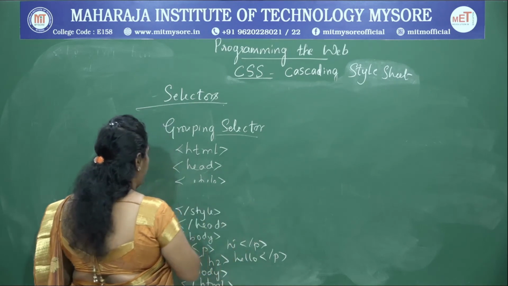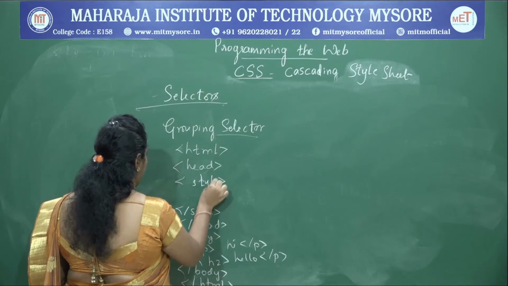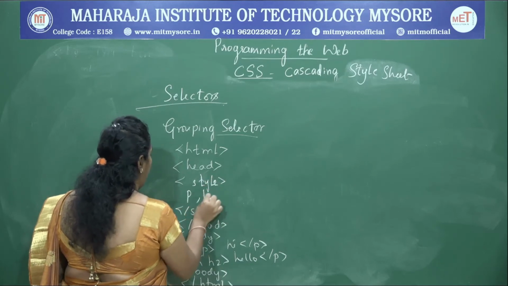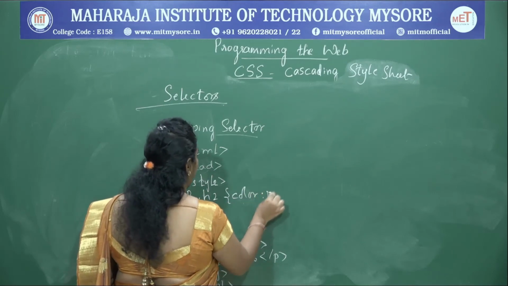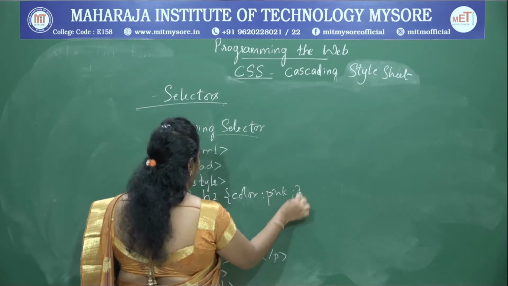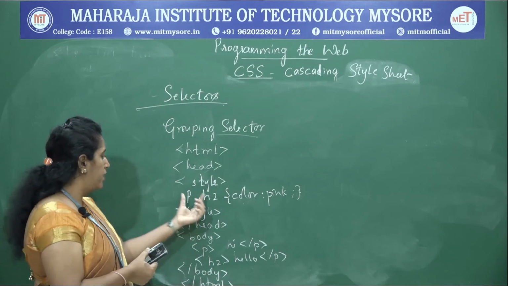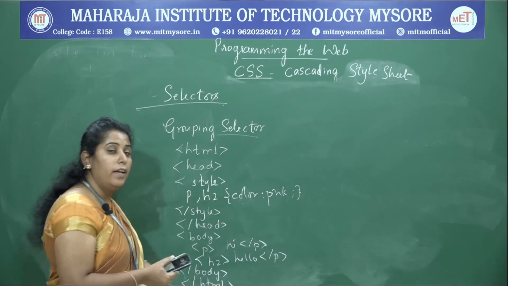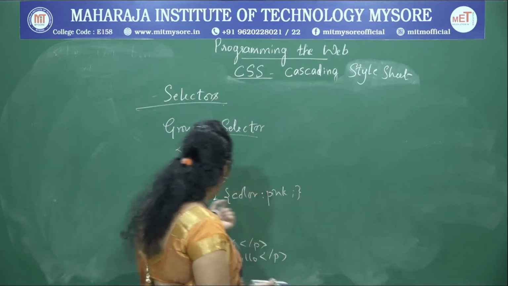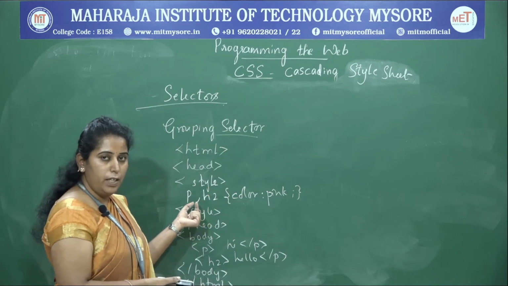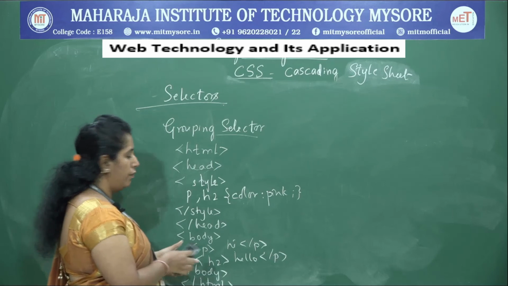See, I will group it. P, H2, then give color pink. This is how. So this is one example of a grouping selector, and all the selectors which have the same style are separated by the comma operator. Understood everyone? Yes. So next we will move to